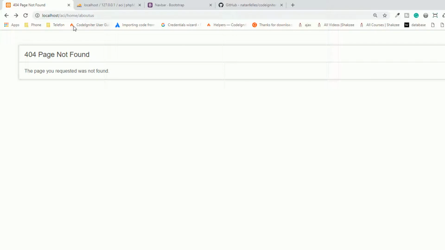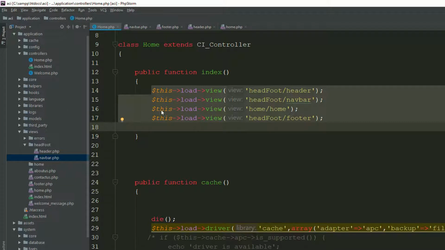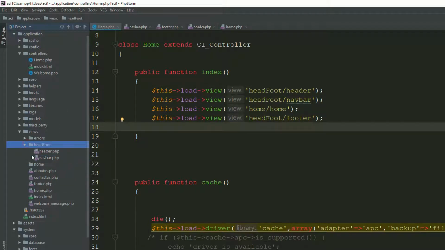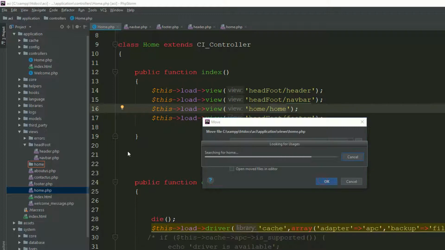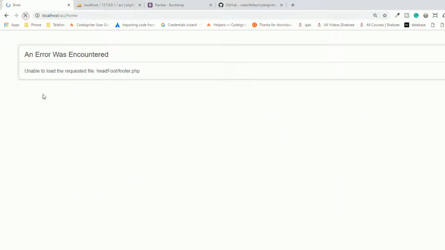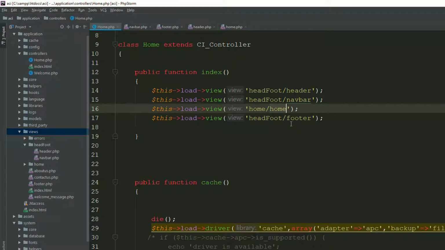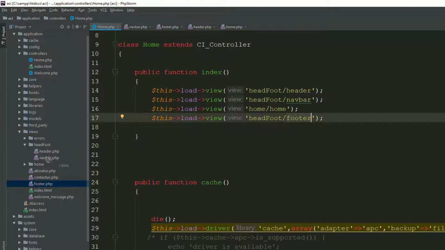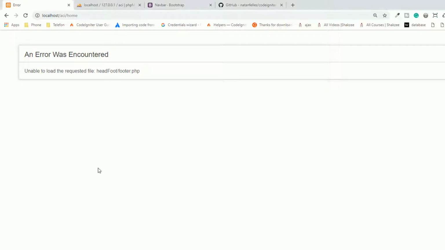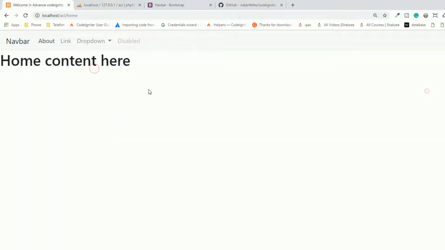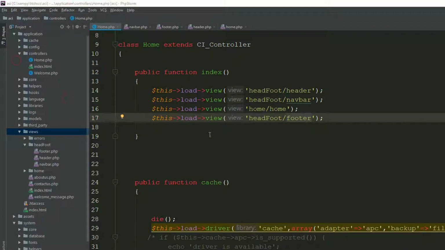Refresh the page. As you can see, okay, it's saying home.php is not available. So in the home directory you have to create the home file also. So copy this and paste it here. Okay, refresh. Okay, it's saying footer.php is not available because you have to add the footer in the head foot file. So move your file from view to footer. Now refresh the page. It's saying fine, you have a navigation bar, you have a home content, and